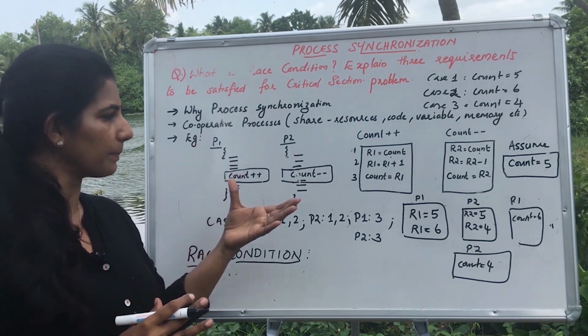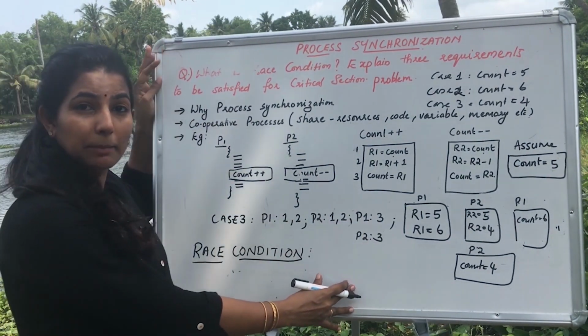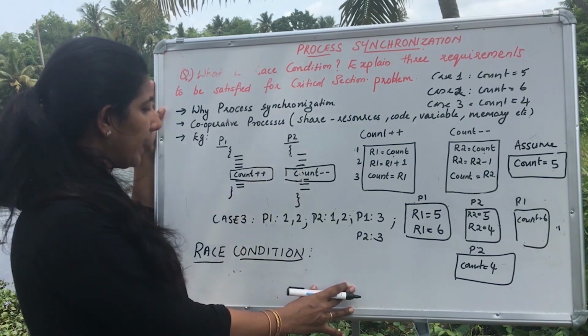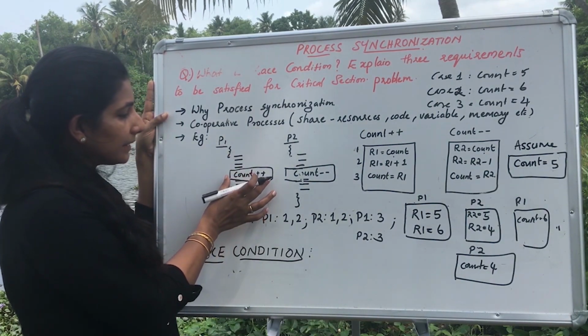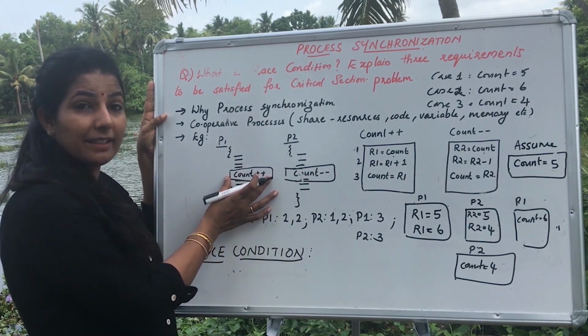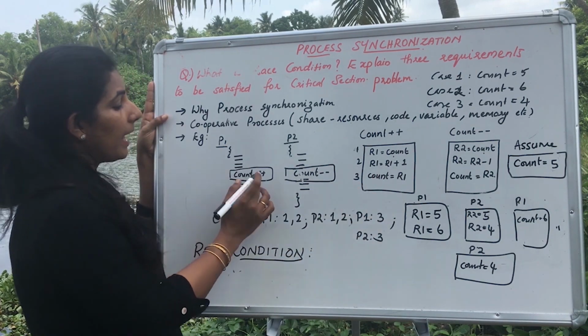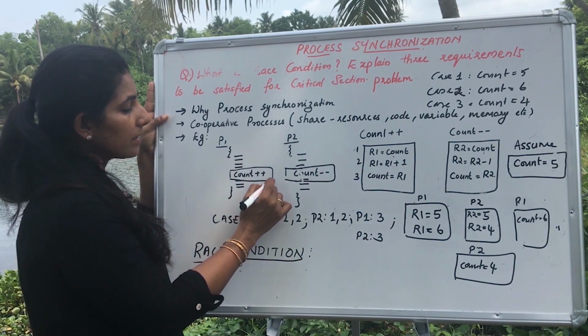And going to the critical section, before understanding what the critical section problem is, let's understand what a critical section is from this particular figure itself. In each particular process, that is, the cooperative processes we explained, we can see that there is a common code, or not a common code, I can see here a common variable.